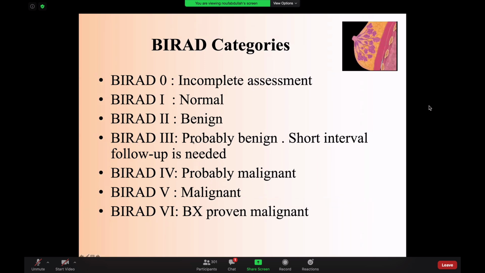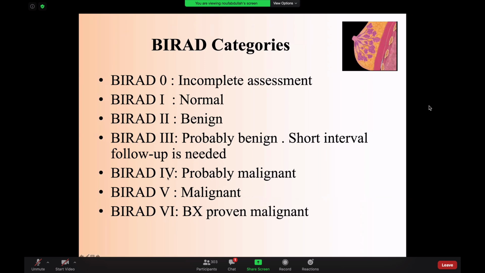It means another thing. So it means 98% it is benign, but you need to do a short interval follow-up. And usually the way of follow-up in BI-RADS 3 is very known. So you do 6-month follow-up for 2 years. So what I always say, you do first 6 months, and then after another 6 months, completing 1 year, and then you would do the second year after 1 year. So total of 2 years follow-up. Once everything is stable, it will be downgraded to BI-RADS 2.